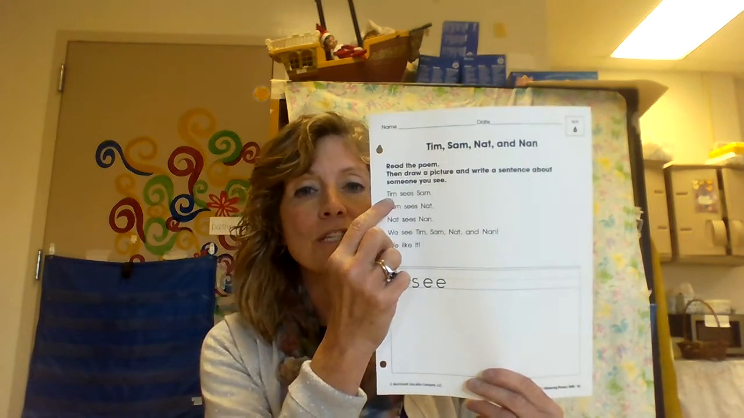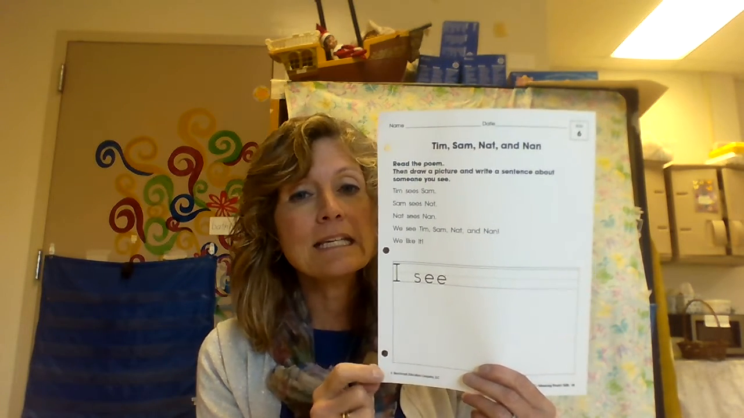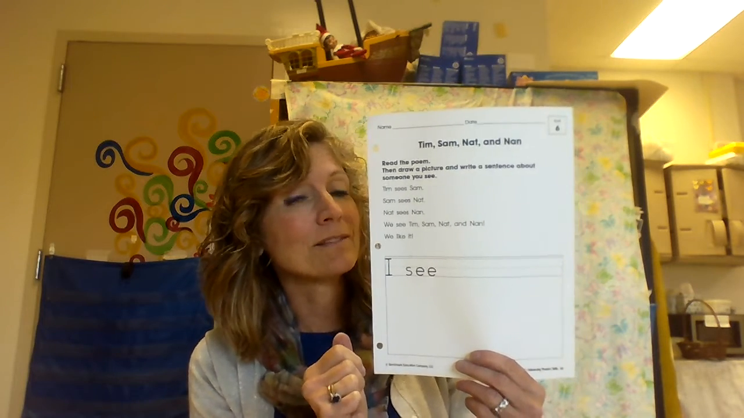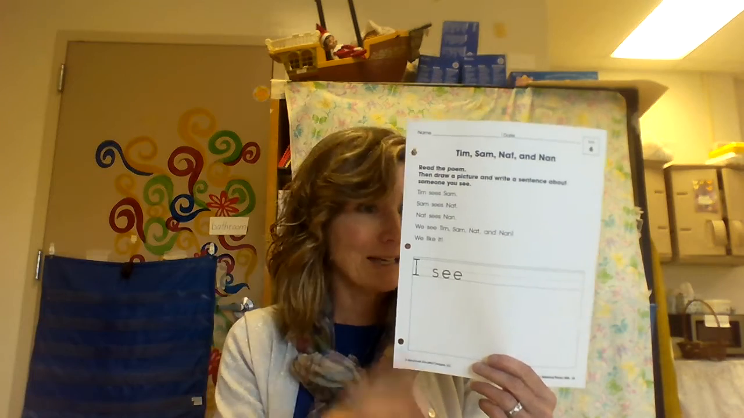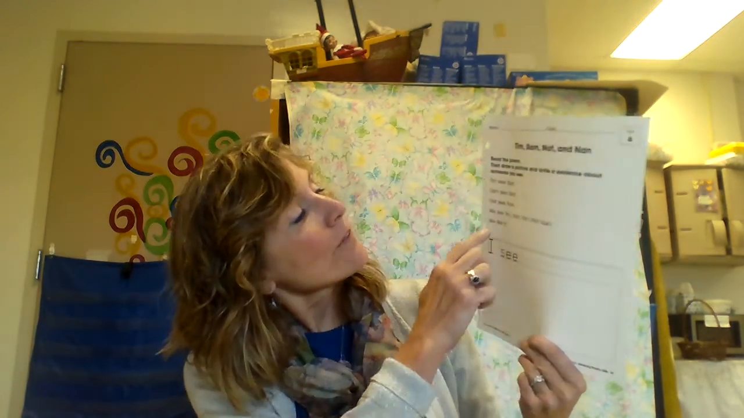The first sentence is Tim sees m. So they're trying to blend those sounds. Again, we're coming back to blending. We're blending today. We'll be blending again. Try to read it. And then it asks you at the bottom, draw a picture and write a sentence about